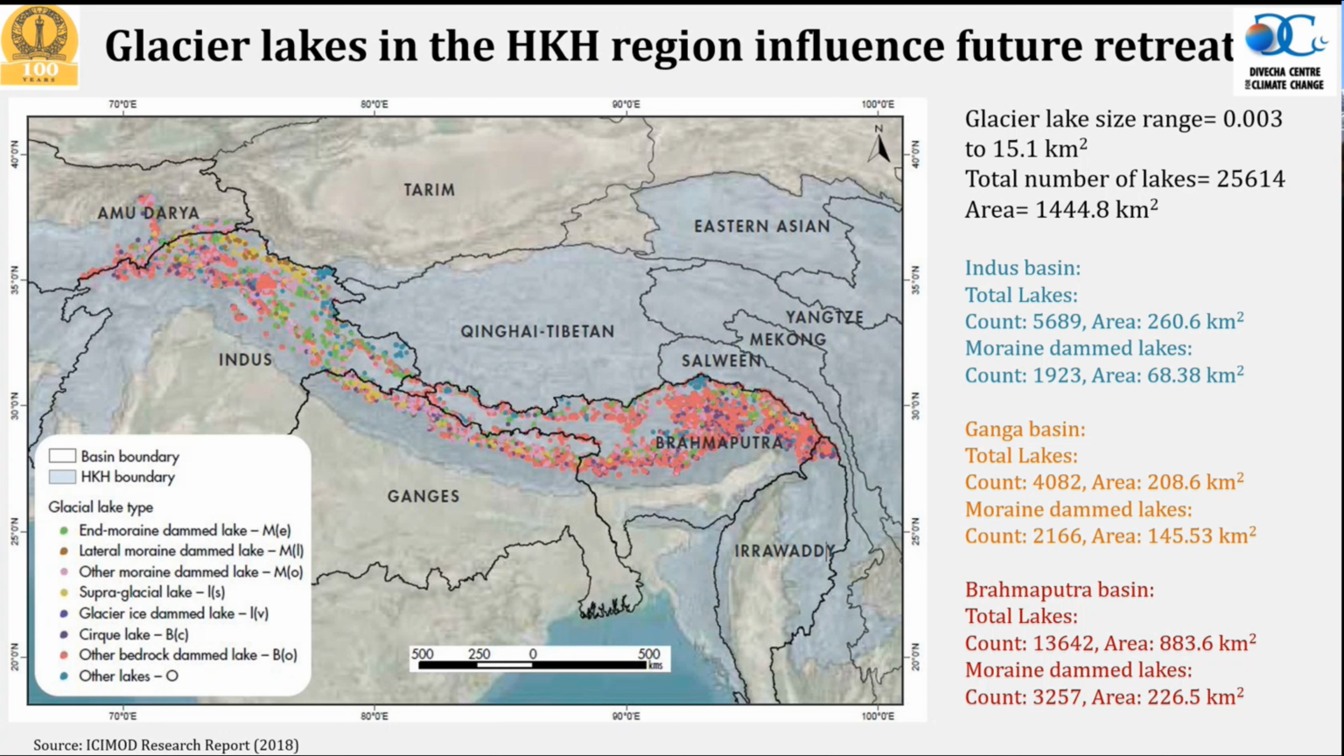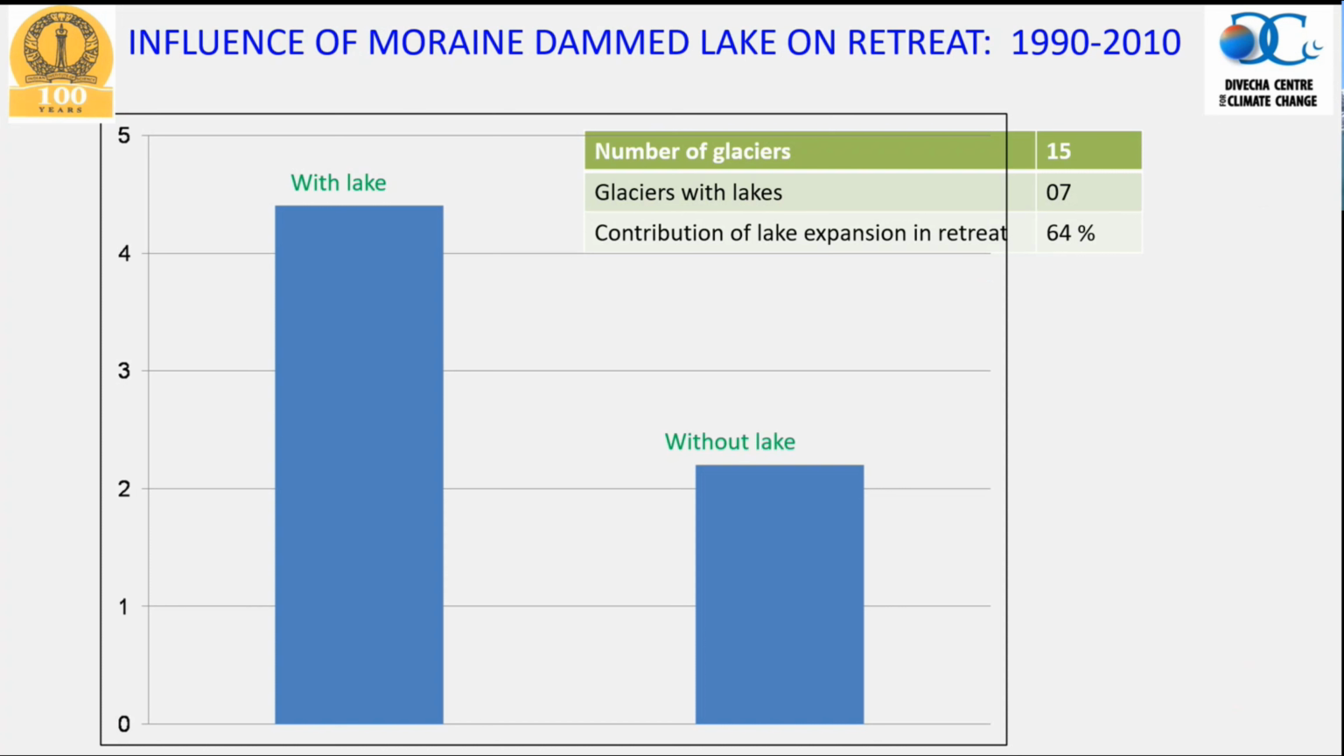And you can see these are the predictions which suggest how significant the number is; almost 25,000 lakes will be formed across the entire Himalayan glacier region. So what kind of new mechanism will it bring? Just look into this figure, you can see how a moraine-dammed lake